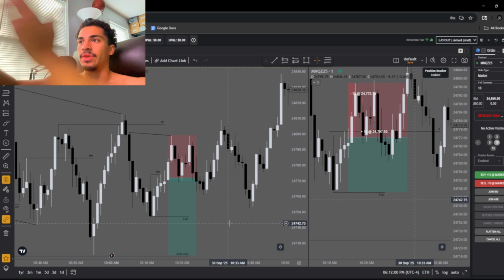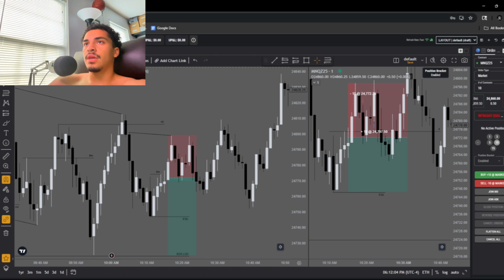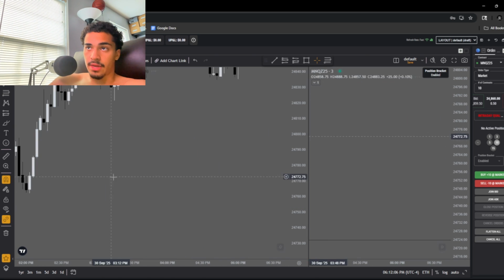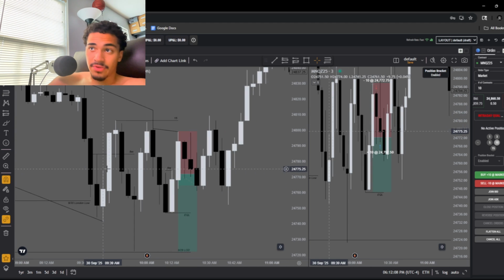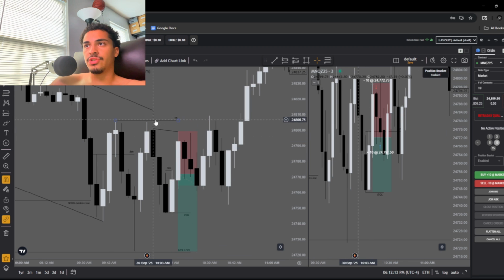Take setups like these. Okay, I lost, but this is a good setup. I'm not mad at this. Taking this 3-minute, again, technically is a break-even trade. So I waited patiently, and I've got my reasoning behind this trade. We swept this high. We tagged into the 15-minute. This is part of the trade.